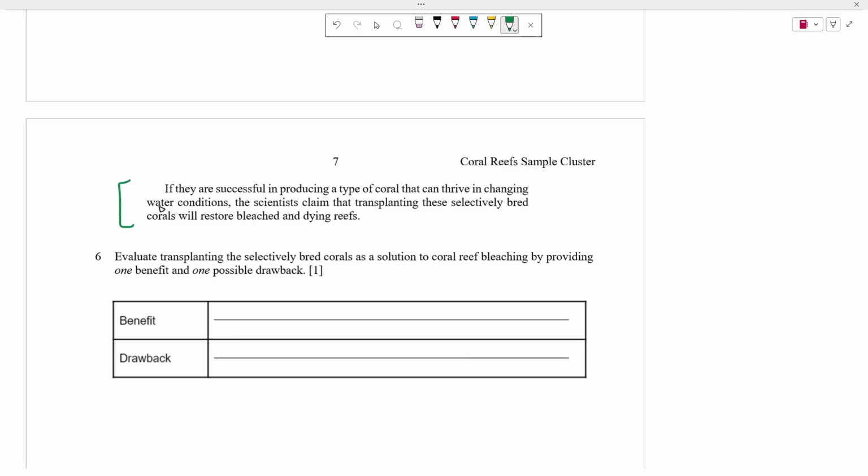We can continue to rebuild these reefs because all of a sudden these new reefs don't care about changes in ocean temperature. So again, one benefit here is that the heat tolerant corals will thrive in oceans with warmer temperatures, or temps, right? To shorten it. That's one benefit, right? Another benefit is that if they are actually able to survive in warmer temperatures, the biodiversity